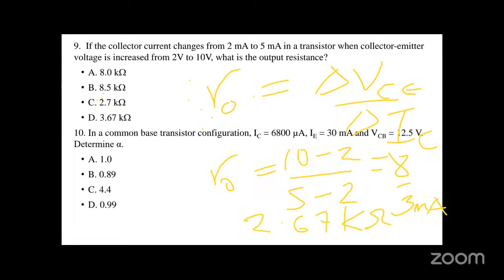So the correct answer is C. The next question, that is question